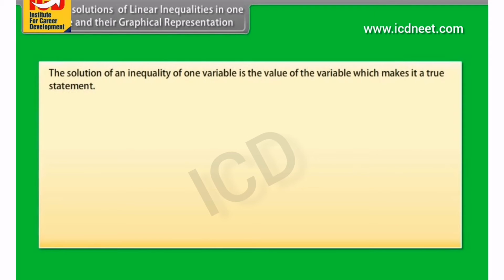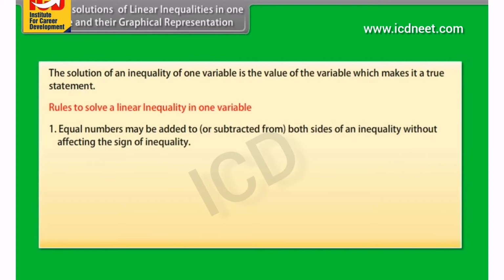Algebraic solution of linear inequalities in one variable and their graphical representation. The solution of an inequality of one variable is the value of the variable which makes it a true statement. Rules to solve a linear inequality in one variable. Number 1. Equal numbers may be added to or subtracted from both sides of an inequality without affecting the sign